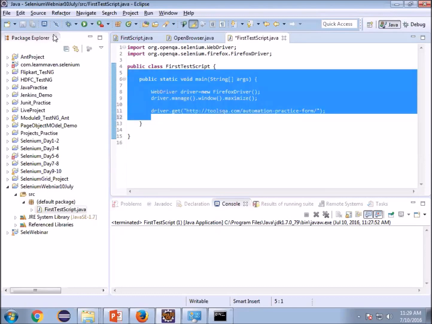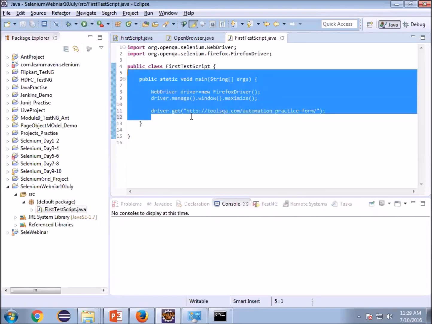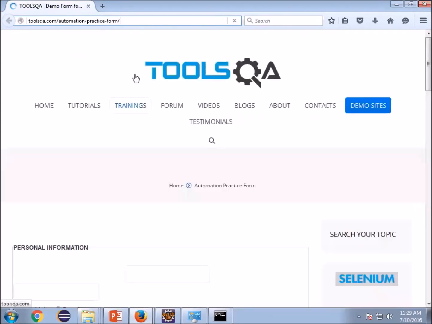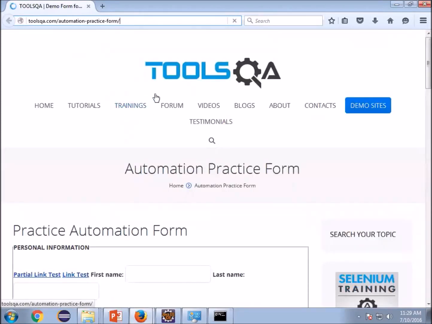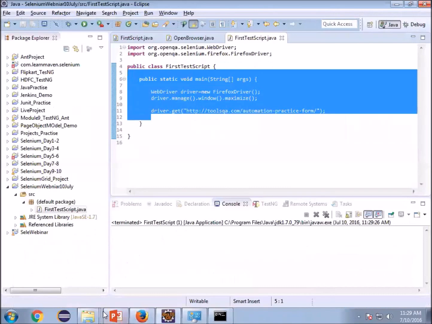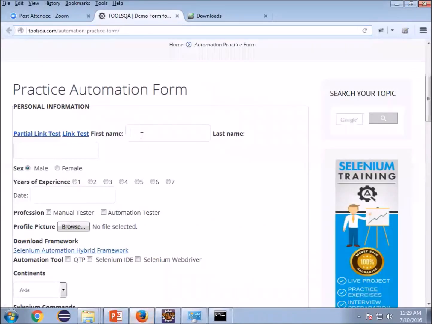Now this will open the URL. So it has maximized this time, and it is also opening my URL. It has entered it automatically and it's opening the URL. Right? So next is, how can I go to these boxes?